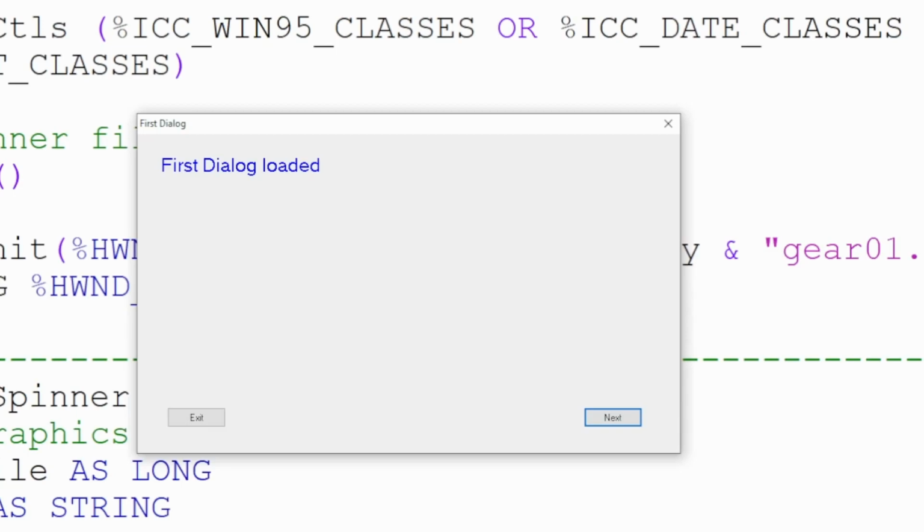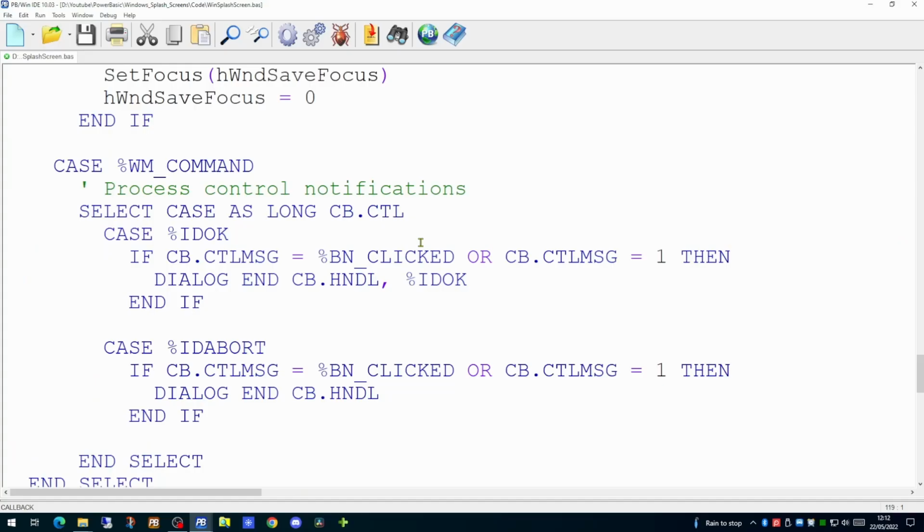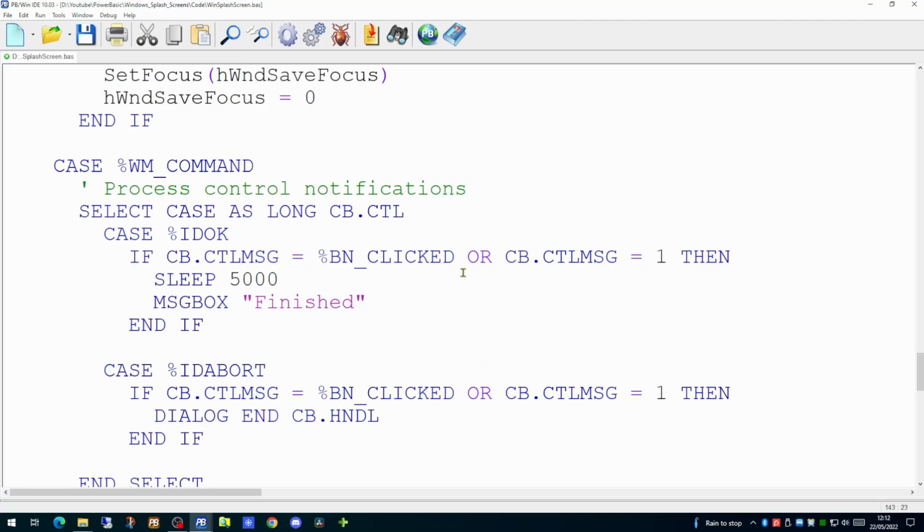So as well as using this spinner library to display a graphic when our application is loading, we could actually call this when the application is actually running. Say for example, we added another function on the next button. If we have a look at the callback function, it's not doing a great deal. If either the OK or the abort button are actually clicked, the application will end. If we simulate some other function happening, when the OK button is clicked, we will sleep for 5 seconds and then we will display a message box. And while that's running, we want to display to the user on screen one of our graphics.